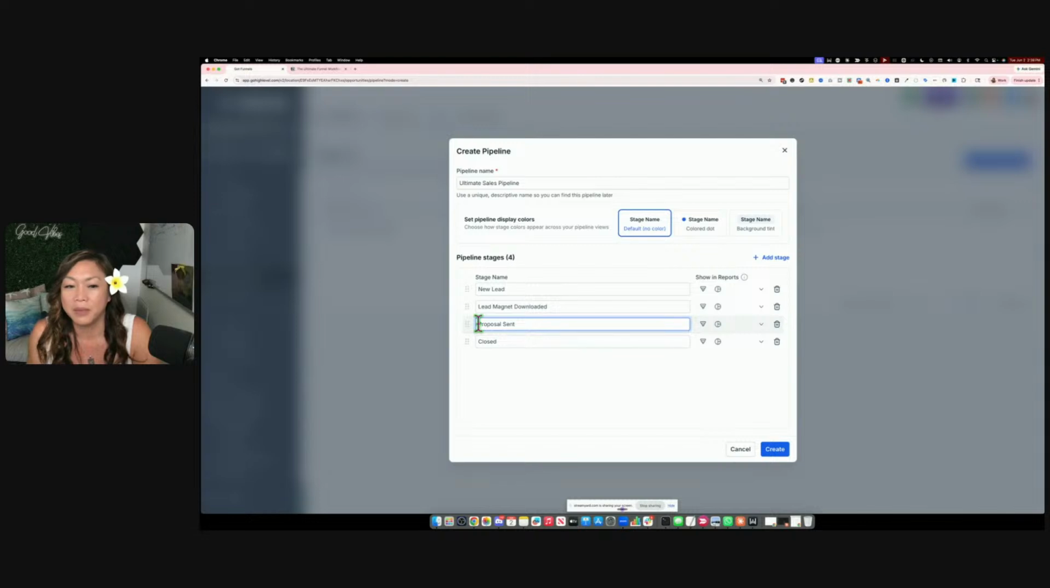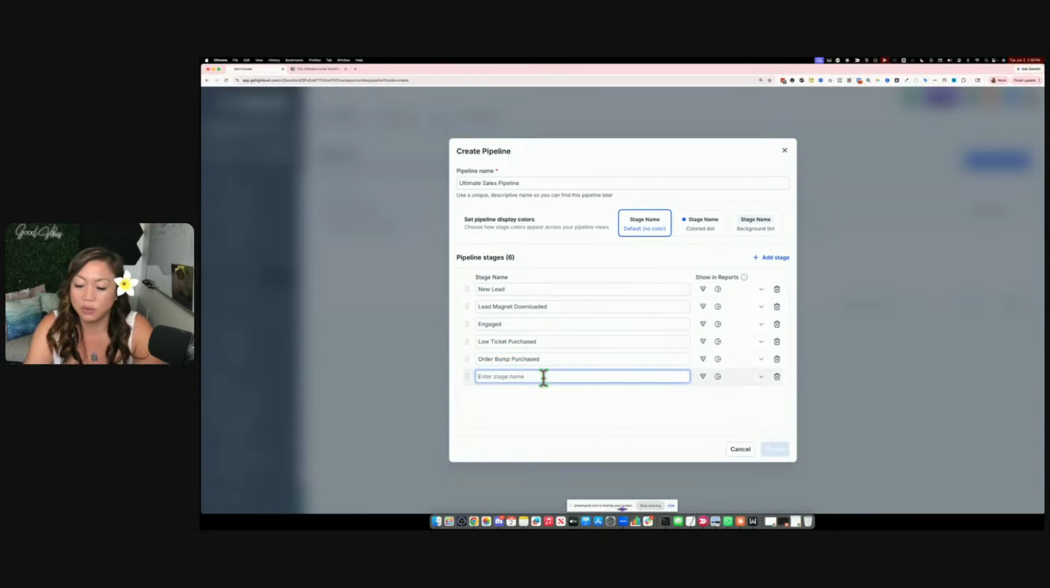And then the next one, we're going to say engaged. And the next one, we're going to say low ticket purchased. So if someone purchased, as they go through this funnel, we're going to see how serious they are of being able to be a higher ticket or quality prospect, right? Order bump purchased. And so we can have a stage for each one of the upsells purchased, the buying process, right? So appointment booked